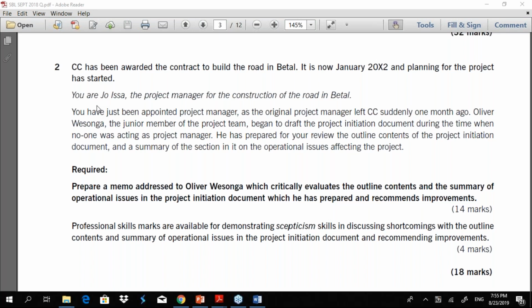So critical evaluation means, now you as a project manager, you are evaluating your junior members' work. So critical means to be providing a subjective opinion.